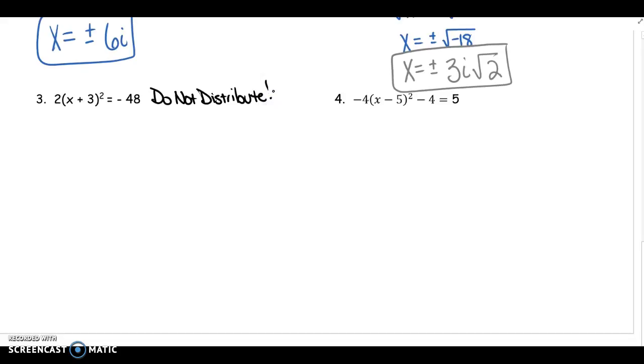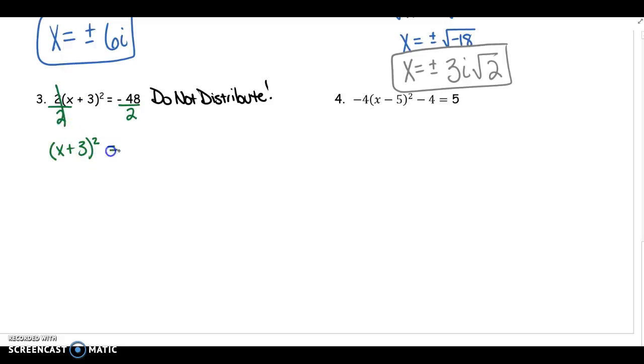As long as that square is on the parentheses, you can't do anything to the x and the 3. But we can't get rid of the square until the 2 in front of the parentheses is gone. So how do we get rid of the 2 in front of the parentheses? Divide by 2. That's 2 times the parentheses, so to undo it, we divide both sides by 2. That will leave us with the quantity x plus 3